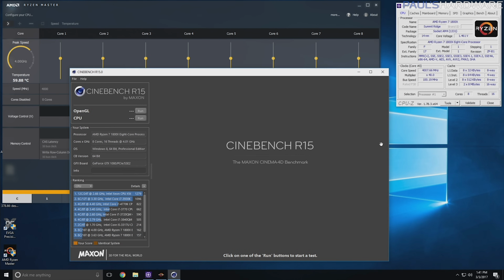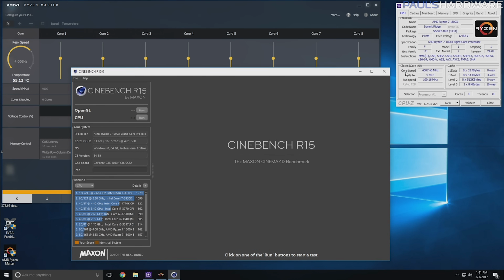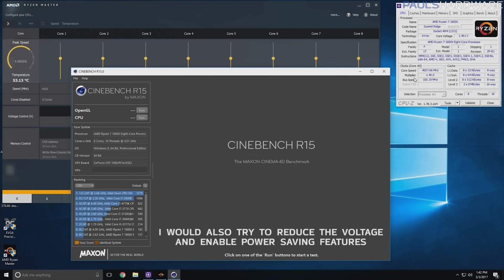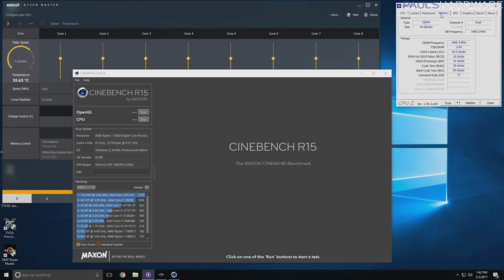overclock for my 1800X. Again, I'm doing this pretty quickly. I would normally do much more validation and long-term tests and everything, but for the sake of a quick video just to see what we can get, this is where we're at. So I have done just a very minor change from that original 4 gigahertz overclock. I bumped the base clock up just ever so slightly, like 1 notch. That's at 100.2, which does get us just above 4,000 megahertz for the CPU frequency, and then for the memory